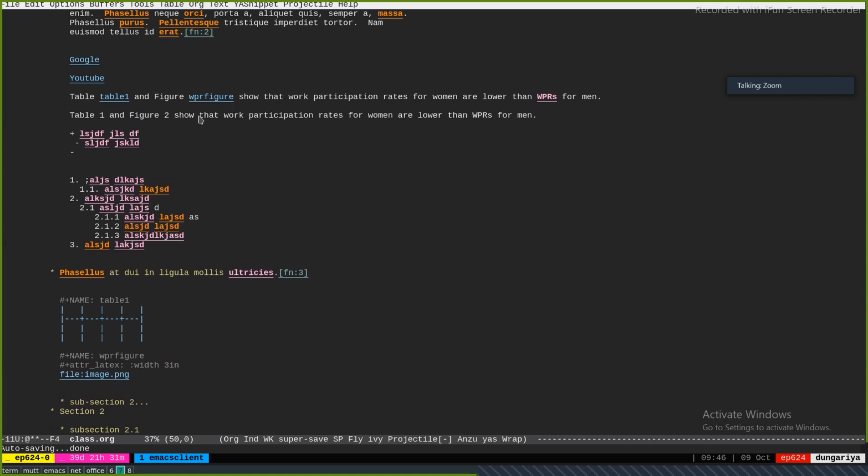This will automatically be exported like this with two advantages. One advantage is that the numbering is automatic. So even if I move things around, the numbering gets corrected on its own. The second advantage is that these numbers will be in the output, in the PDF file or HTML file that you generate, as clickable links. So you can click on this and it will take you to table 1. Okay, automatically, if you use this syntax, these numbers will automatically become clickable links.